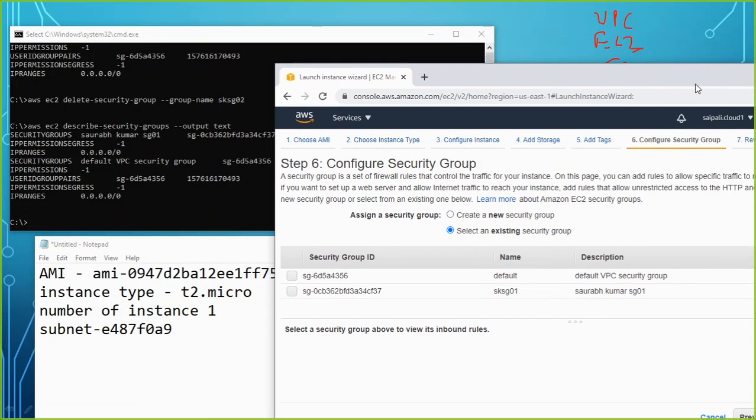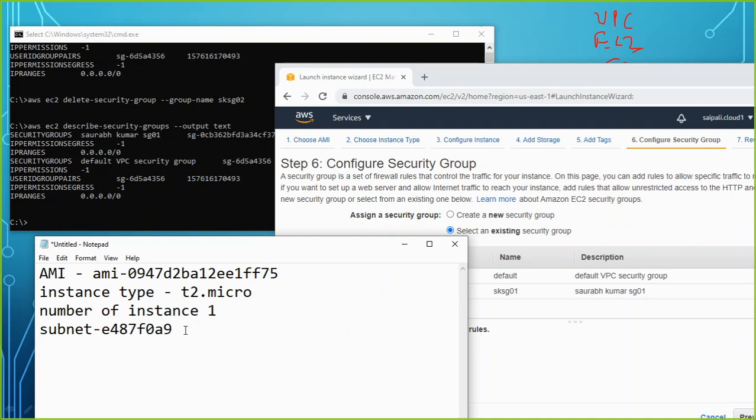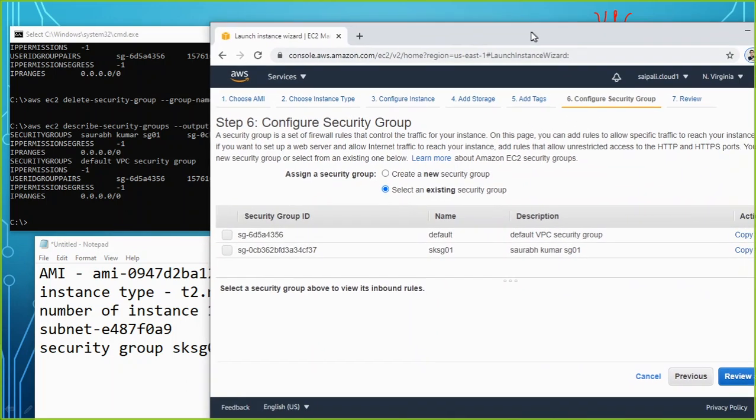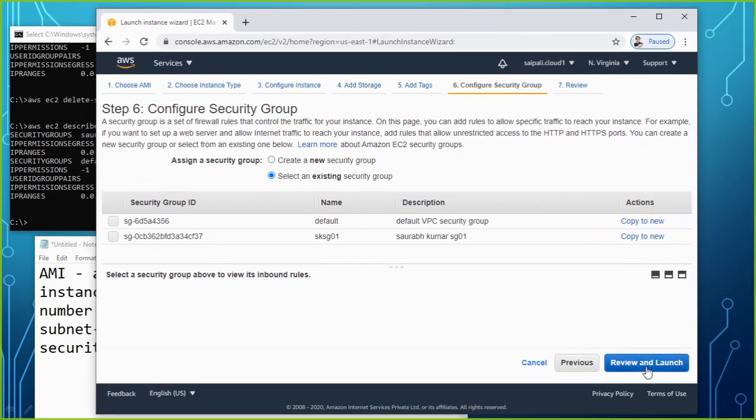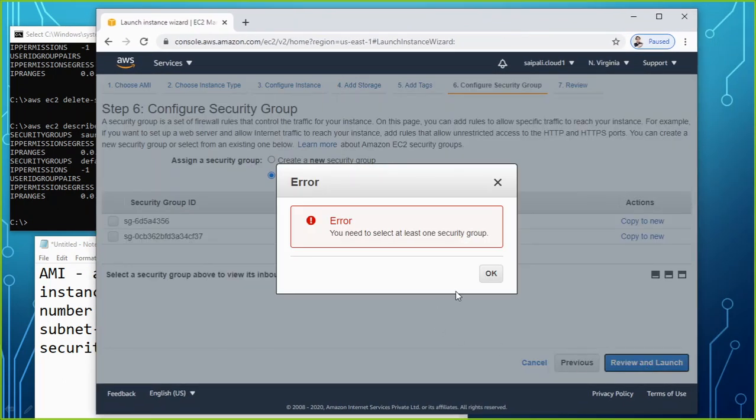So the next question it may ask is about the security group. What will I use? SKSG01. All right. What else? Another thing is, when I almost finish, I get to review and launch.